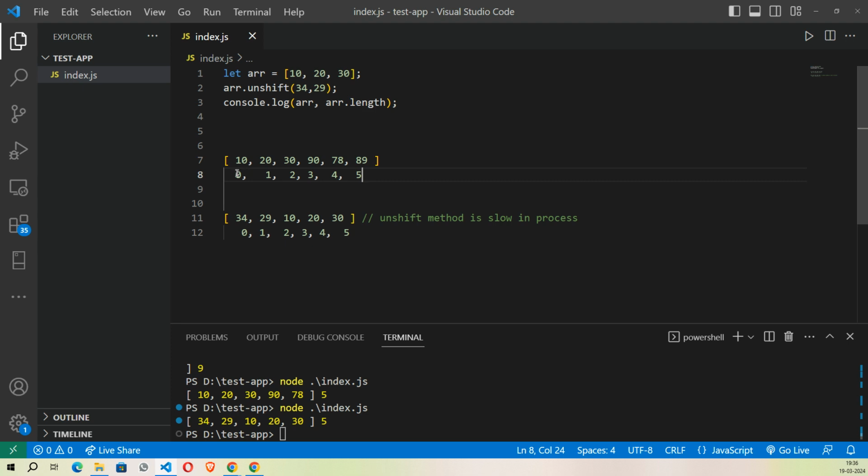Understood. So if you get any chance of unshift and push, which operation will you use? Will you use unshift or push? Push you will use, because unshift, what it will do is just